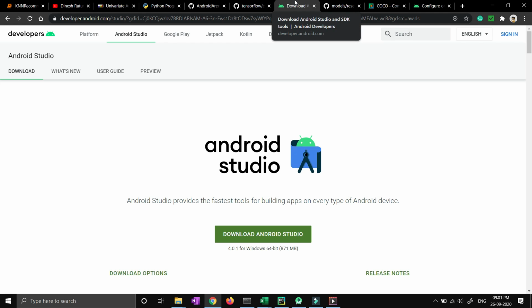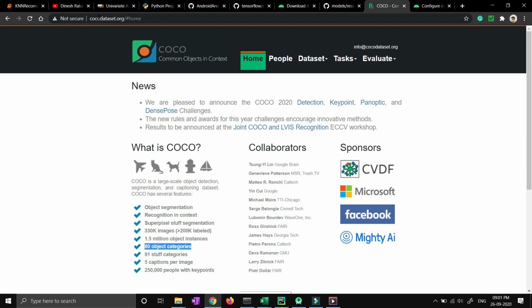Now the second thing I want to tell you before going to the code part: I'll paste this particular link in my description box, and you will see that this is cocodataset.org. So what is basically a Coco dataset, and why am I showing you this website? You can see over here the sponsors of this dataset.